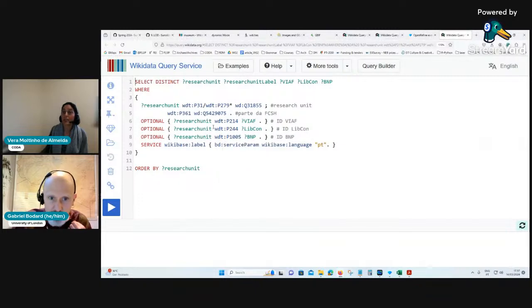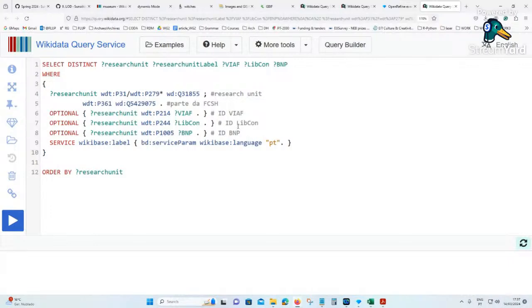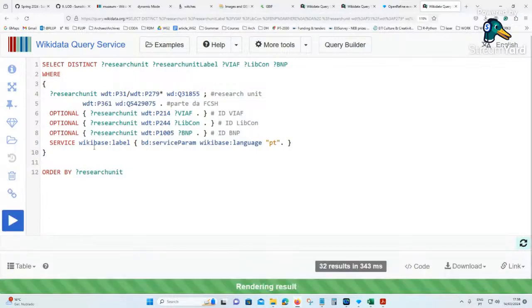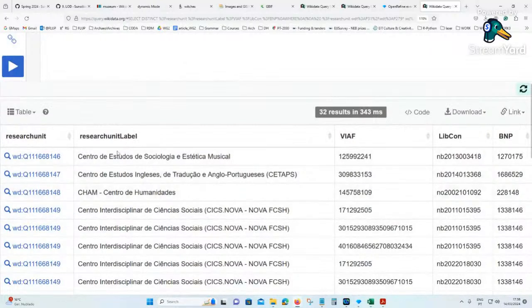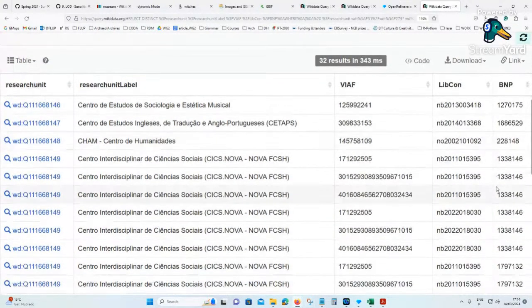So this is to reconcile the VIAF, the Library of Congress ID, and also the Portuguese National Library ID for a university in Portugal, the University of Lisbon. So the same university, but three types of different IDs for the same place. So we've got directly the VIAF, Library of Congress, and the Portuguese National Library,